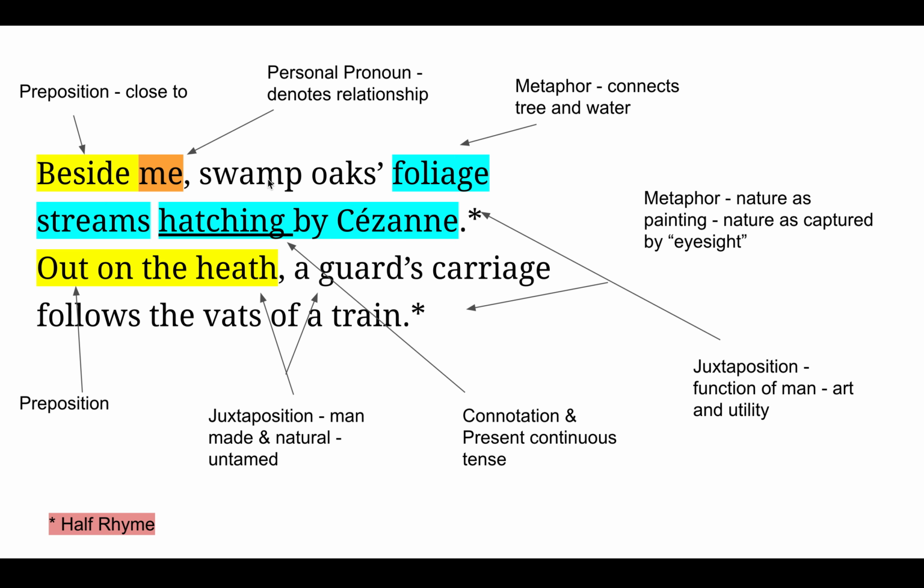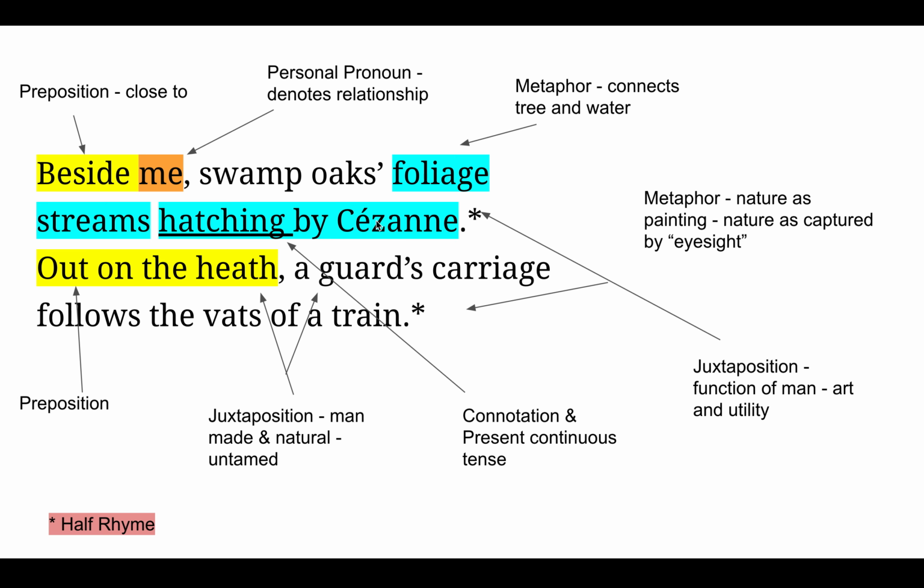The idea of the swamp oaks, which is a tree, and its foliage, which are its leaves, streaming, is a metaphor. So again, he's connecting the tree, or the leaves of the trees, to this idea of streams. So a metaphor connecting the tree and water, which I think is a very interesting motif or choice by Gray, given that a lot of what this poem is doing is looking at water or using water to create some effect there. And again, I think it blurs that idea of connection between land and sea.